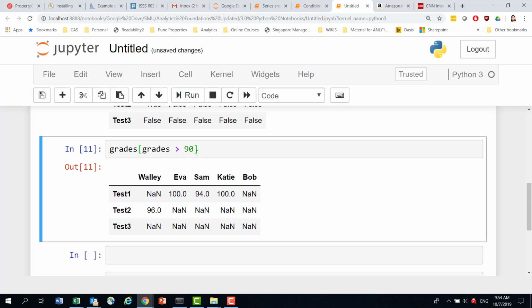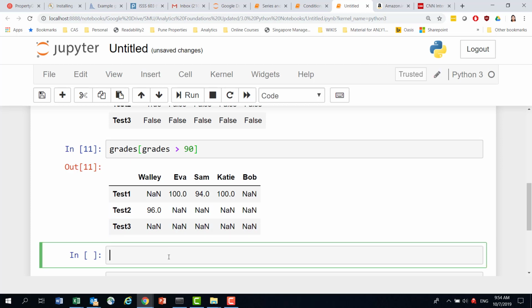So this is known as Boolean indexing, and this helped us select certain elements that we are interested in a data frame. Now I want to show you another feature related to this Boolean indexing, which is if you want to combine multiple conditions and then make a selection, how would you do that? So let's say you wanted to select all the elements in the data frame where the marks are within a certain range. So for example, let's say we are only interested in grades that are greater than 80,